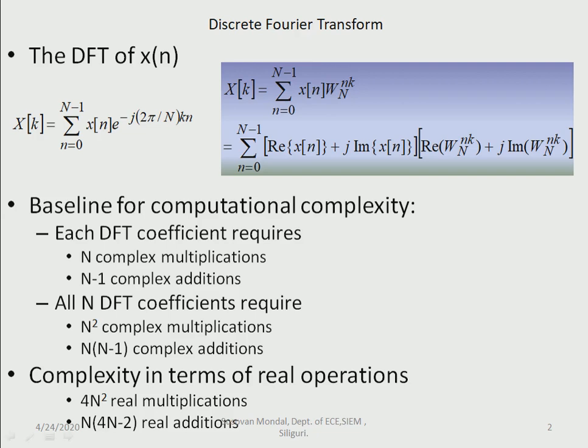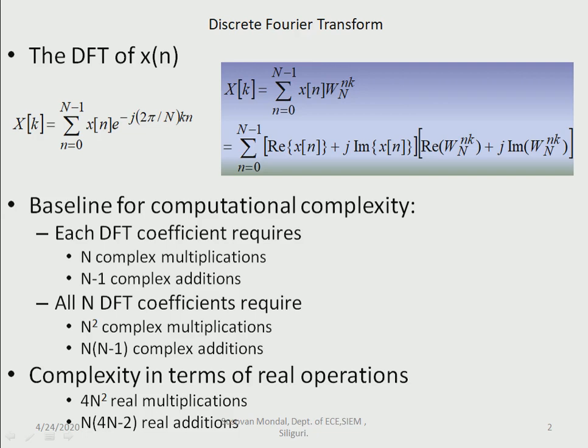Now this is the formula of DFT, and as we know it is given from n equal to 0 to n minus 1, x of n e to the power minus j 2 pi by n, n. Now here small n is basically called time index and small k is basically called frequency index. Now you already discussed in our previous video that if we calculate DFT directly, the computational complexity will increase.